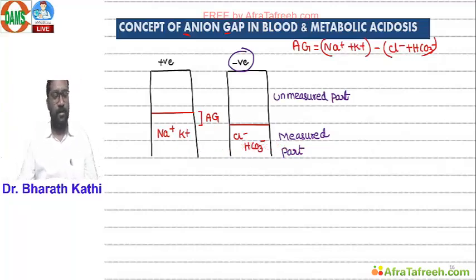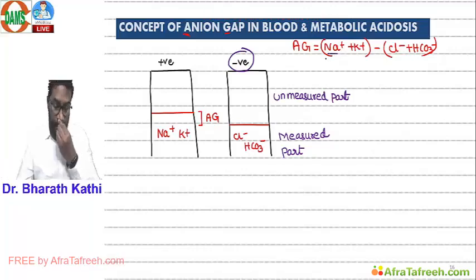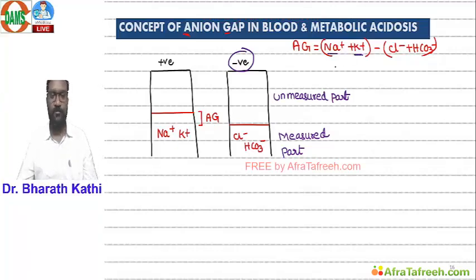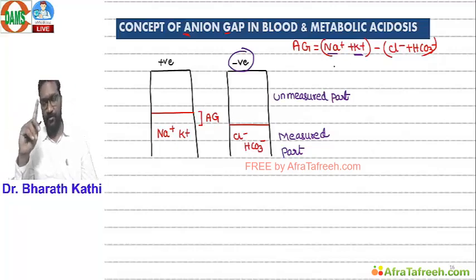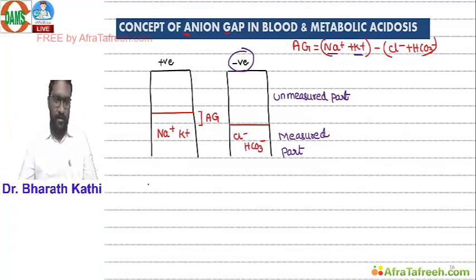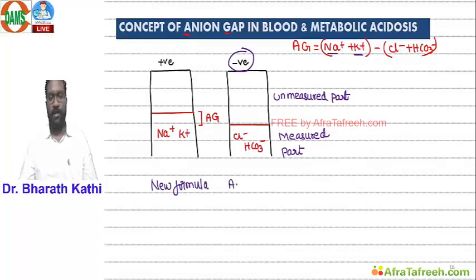given compartment. Now what is present in the measured positive? Sodium. How much is the value of sodium? 135 to 145. Potassium is only 3.5 to 4.5. When compared to the sodium value, the potassium value is very less. So recently, for calculation of anion gap, we stopped taking potassium. The new formula for anion gap is equal to sodium